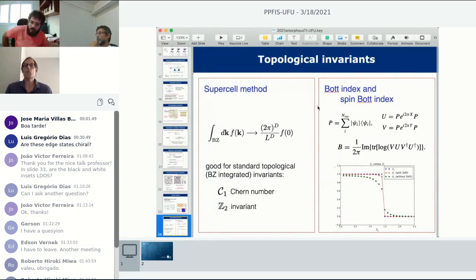There is another one which is smarter and supposedly a little more profound, the Bott index, which is the real space representation of this integration. People went to the pains of showing that, for instance, for the Chern number you can have an integer representation in real space that looks like this, where these are these matrices here. The Bott index can even be generalized to a spin Bott index, so you treat real materials, electrons with spin.